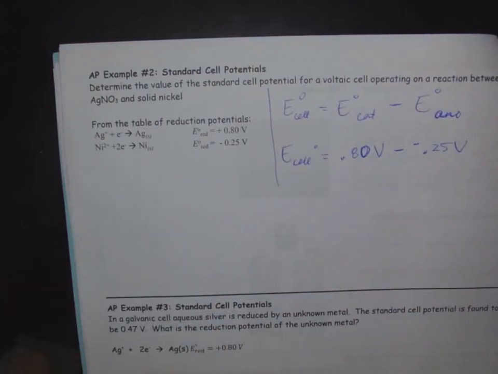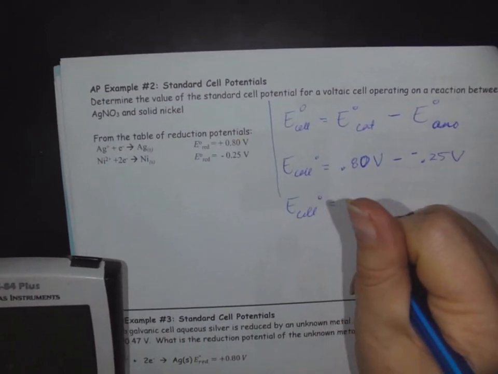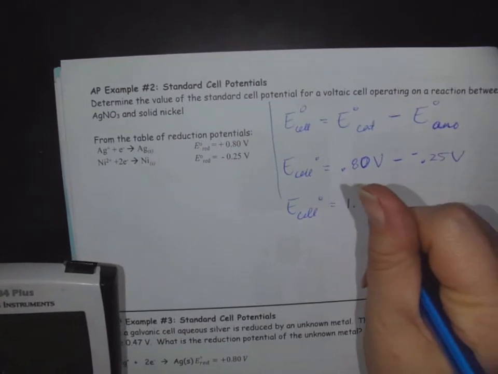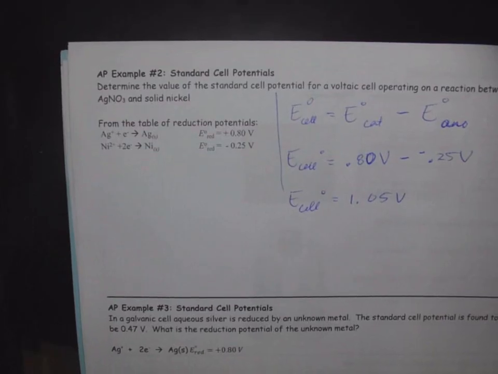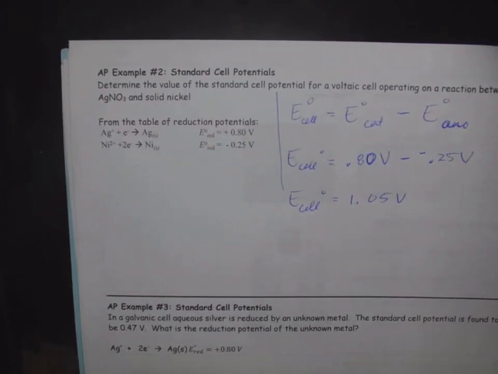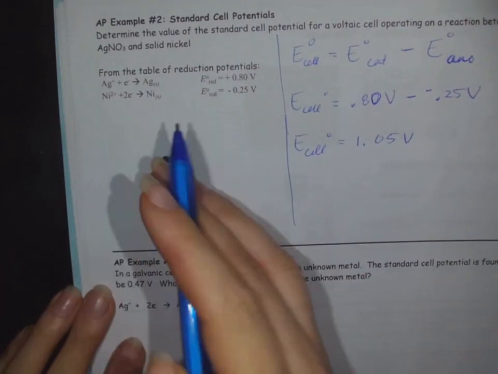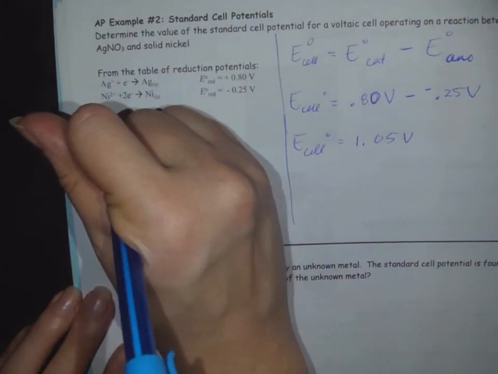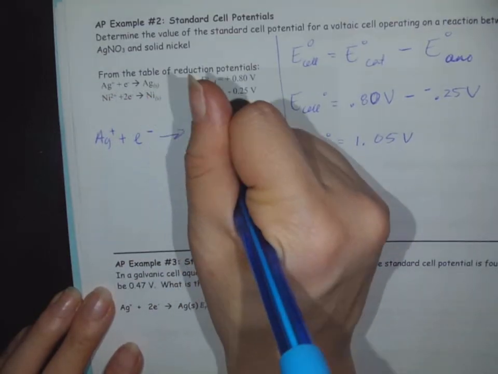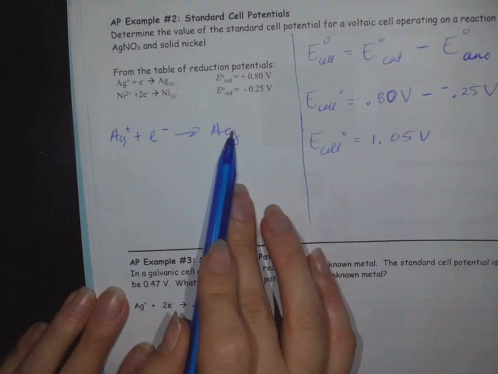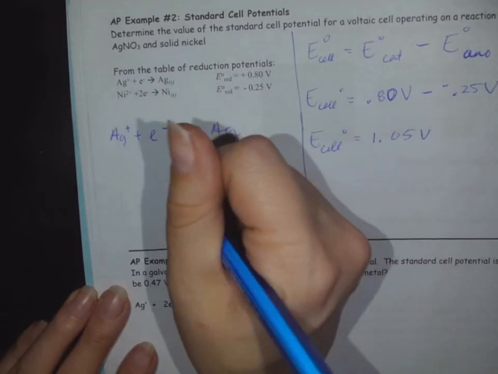Because if we did that, then we would get a battery, an E cell, with a voltage of 1.05 volts. Hopefully I did my math right there. Okay, cool. So this battery would have a 1.05 volt battery. How does this exchange occur? Well, if the silver is reducing, okay, we're going from +1 to a 0, right, solid. If the silver is reducing and the nickel is oxidizing,